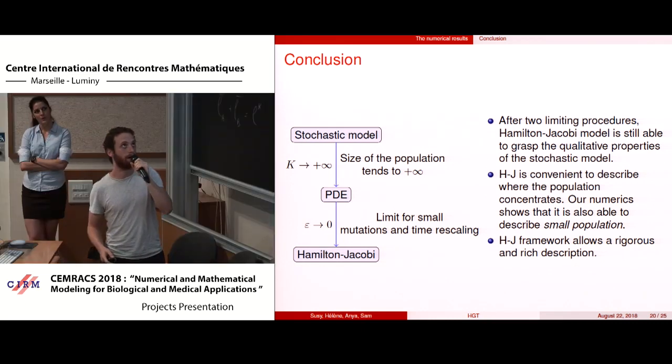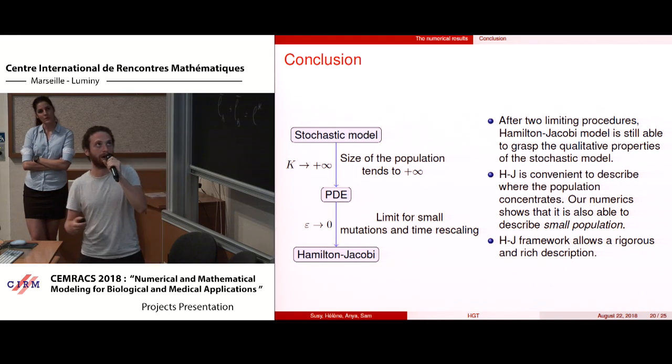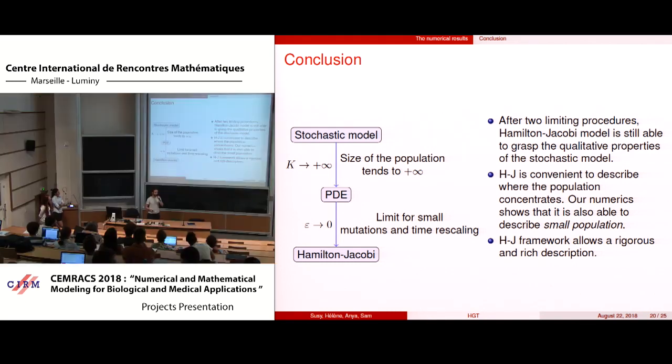After two limiting procedures, we've shown that we are still able to grasp the feature we want, namely the oscillation phenomena. And this is important because on the Hamilton-Jacobi level, it's easier to perform numerical tests and